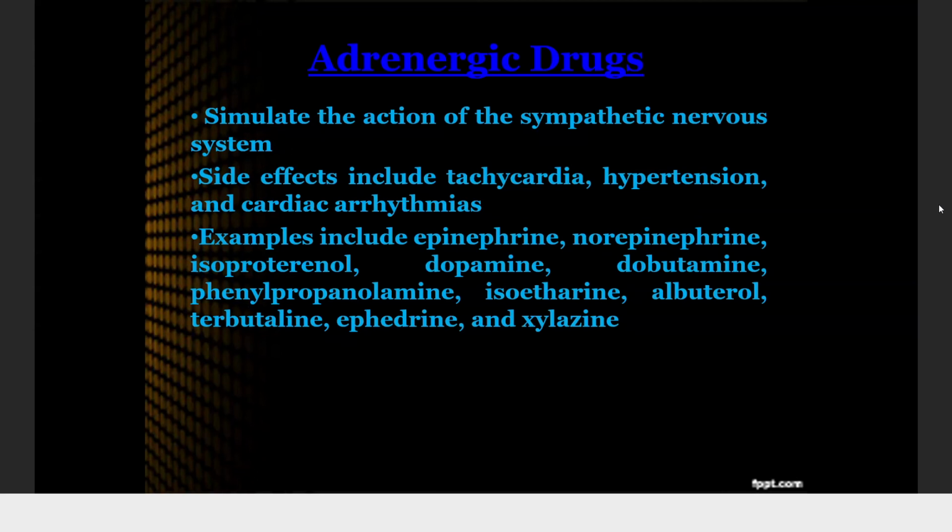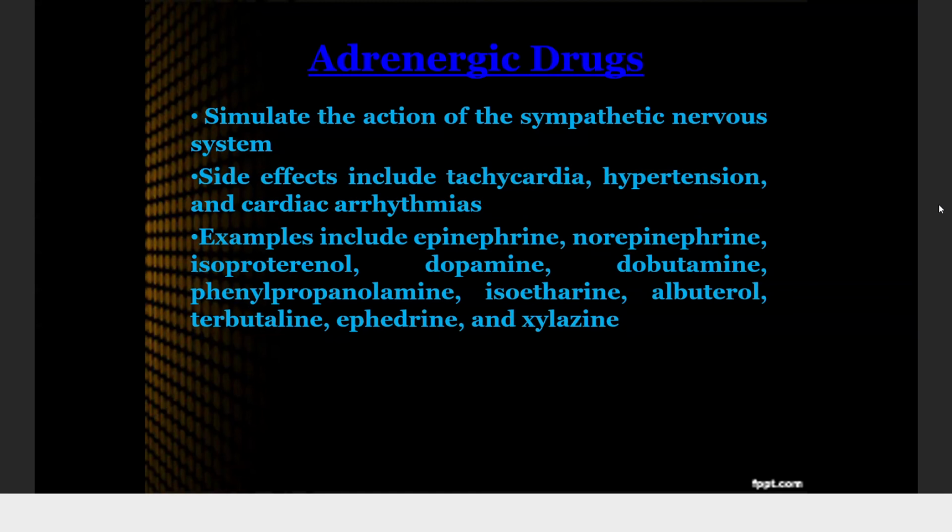For example, if you have hypovolemic shock, loss of blood, sometimes vital organs such as the kidney, brain, liver, they are vital organs. They will have a reduced flow of blood to the area because of blood loss. So you give norepinephrine to maintain an adequate blood flow to the vital organs, so that this patient doesn't suffer from multiple organ failure.